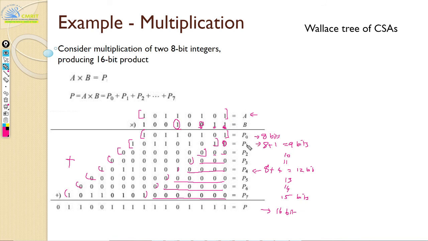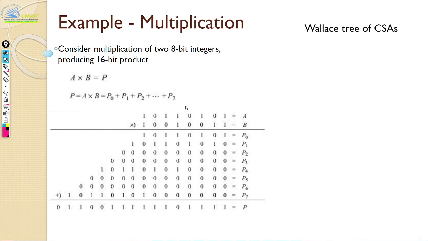And like I said, you have now 8 numbers to add. Okay, so multiplication of two 8-bit numbers simply means addition of 8 integers, of varying bit sizes. So that's also something to keep in mind. Not all 8 numbers are the same number of bits. You have to keep that in mind.